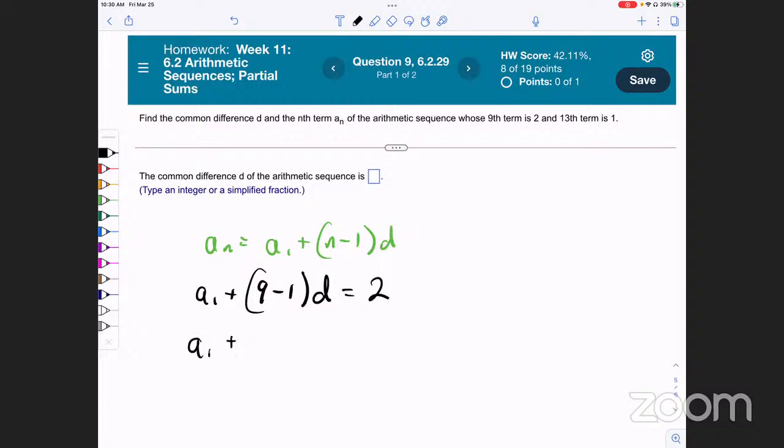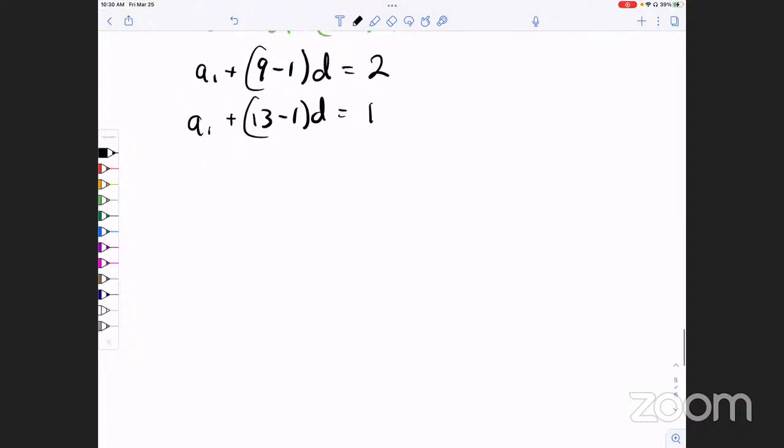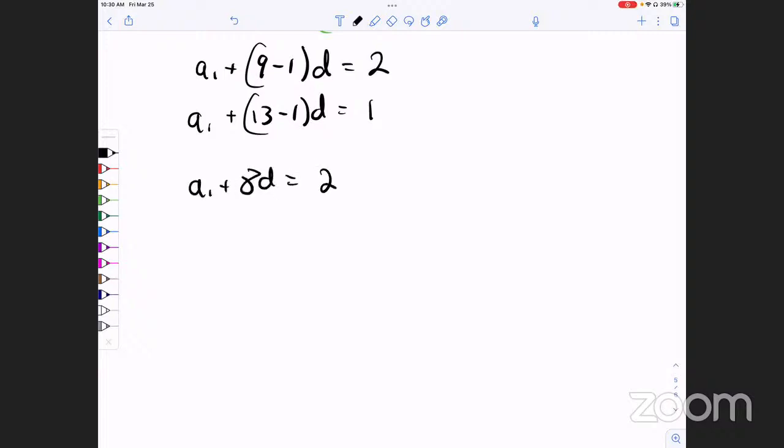And then for the other one, 13 minus 1 times d, output should be 1. We have a system of equations. We can simplify. 9 minus 1 is 8. And then